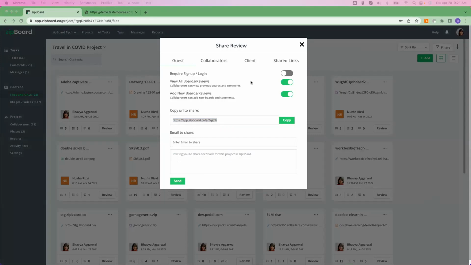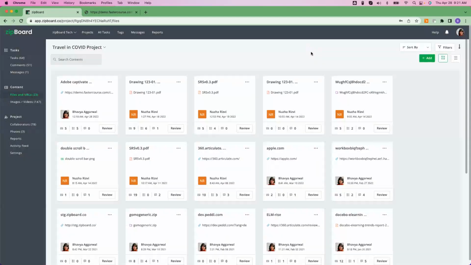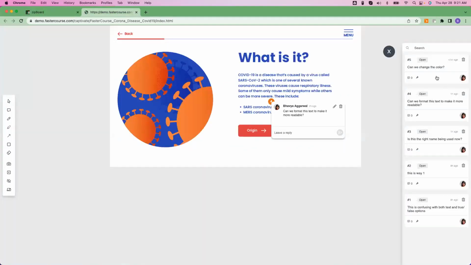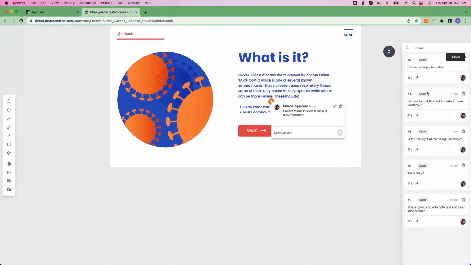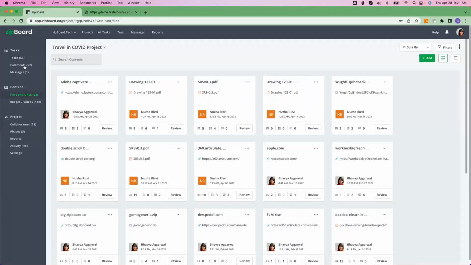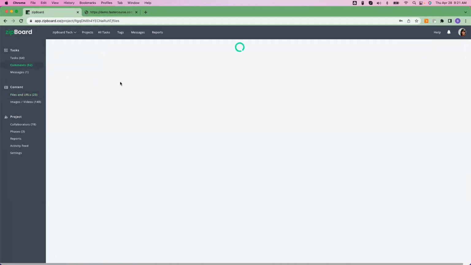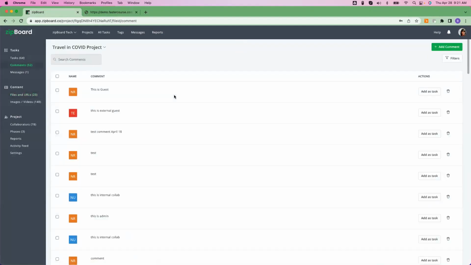Okay, so I've shared this link, which will let them add comments, view even my comments, and even reply on those. So once we do get that happening, I'll be able to see these comments in this view. So I'll be able to see who's added what, and I will be able to reply to them. Also, for all external stakeholders, I'll be able to see these comments in a separate table,